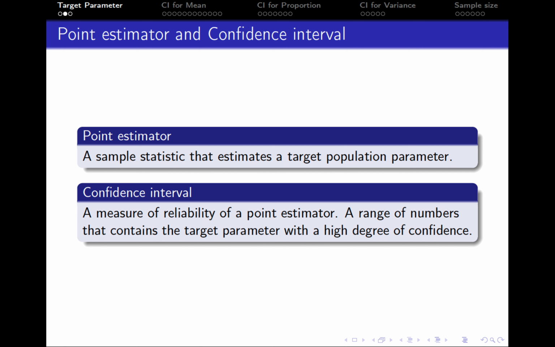And every time we estimate a sample statistic, we want to know how good it is, how reliable it is, and to do that, we will construct something called a confidence interval, which is a so-called measure of reliability of a point estimator. So in other words, we would like to know how close our point estimator is to the true population value. And a confidence interval includes a range of numbers that actually, with certain probability, contain the target parameter,